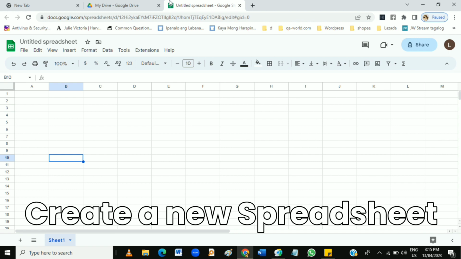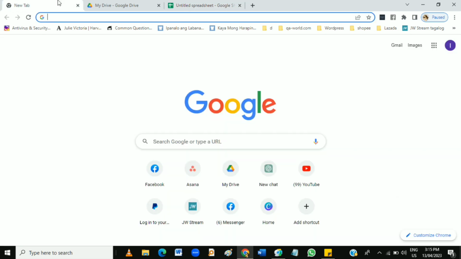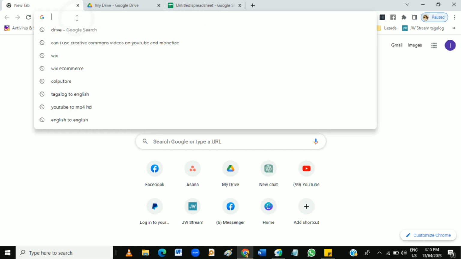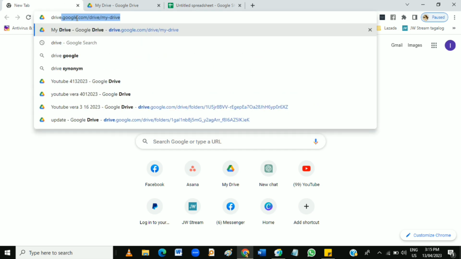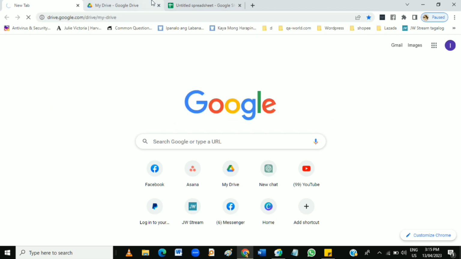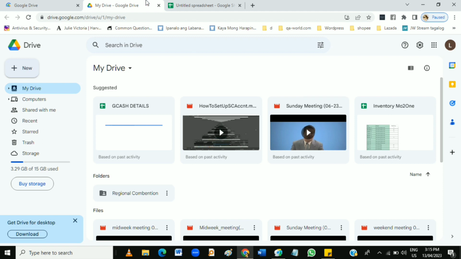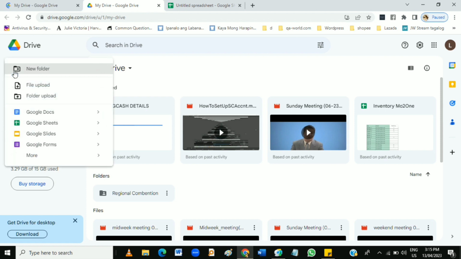So first, create a new spreadsheet. To do that, go to your browser and go to your Google Drive. Type drive.google.com and enter. And in here, click on the new button or plus sign icon at the upper left corner and click Google